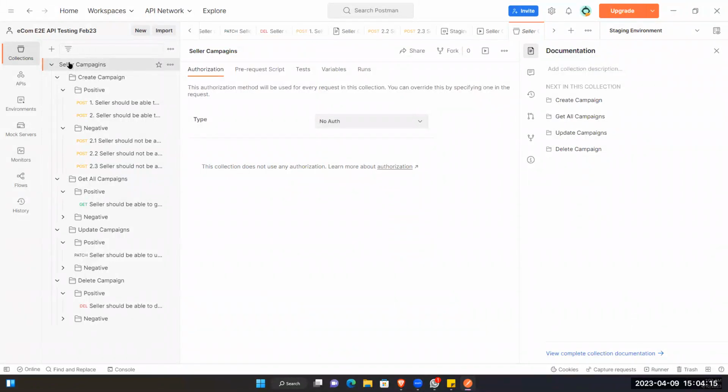So now what we are going to do, we are going to export this collection, and then we are going to create a repository, and then push the collection into the repository. Okay, and before that we will also run this whole collection in the collection runner. Okay, so for that what we are going to do,